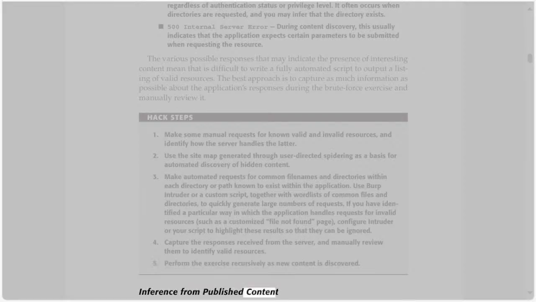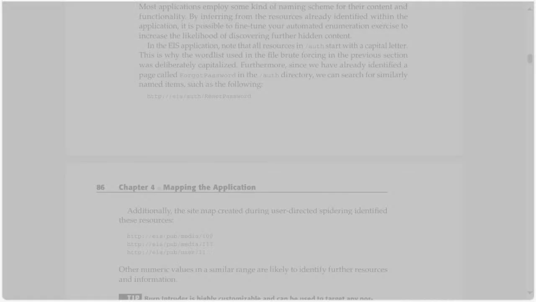5. Perform the exercise recursively as new content is discovered. Inference from published content. Most applications employ some kind of naming scheme for their content and functionality. By inferring from the resources already identified within the application, it is possible to fine-tune your automated enumeration exercise to increase the likelihood of discovering further hidden content. In the EIS application, note that all resources in /auth start with a capital letter. This is why the word list used in the file brute forcing in the previous section was deliberately capitalized. Furthermore, since we have already identified a page called forgot password in the /auth directory, we can search for similarly named items such as the following: